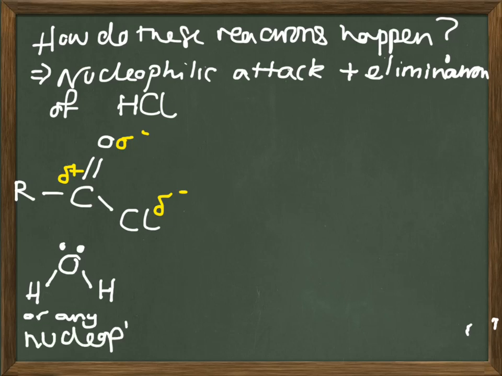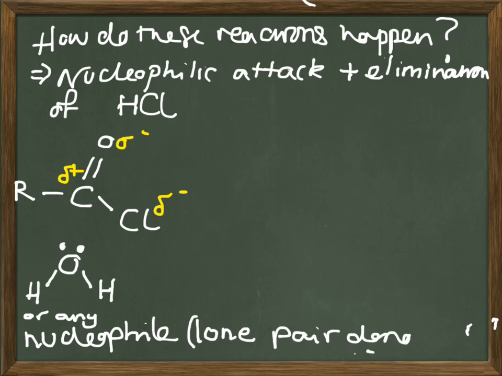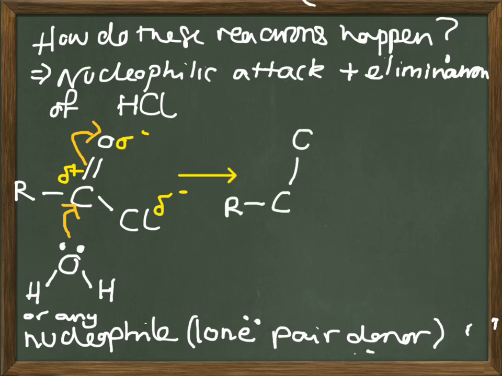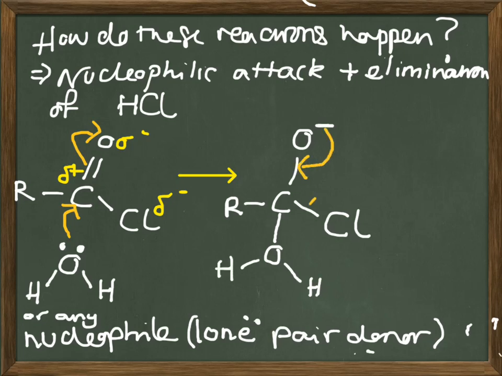Any nucleophile, any lone pair donor, will attack from above the plane or below the plane, and we will make our intermediate, which will have, remember the double bond, carbon can't form 4 bonds, we have a negative charge on the oxygen there,